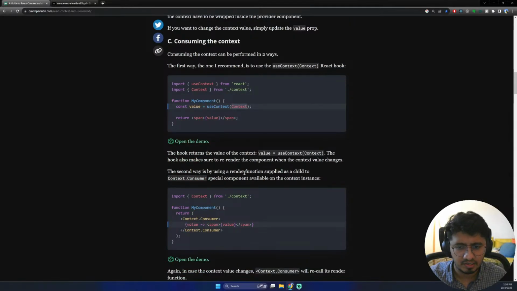The second way is by using render functions applied as children to context consumer, a special component available on the context instance. Okay,